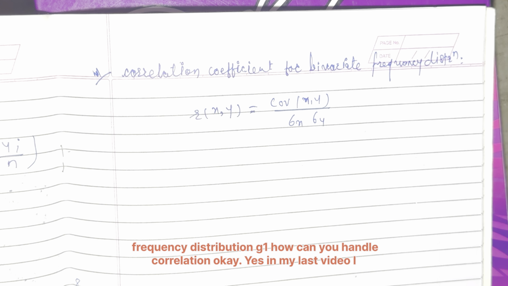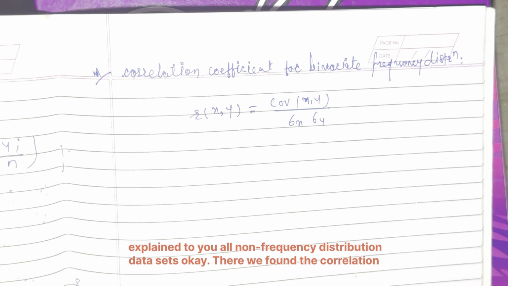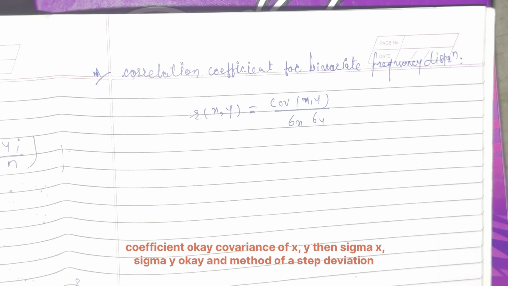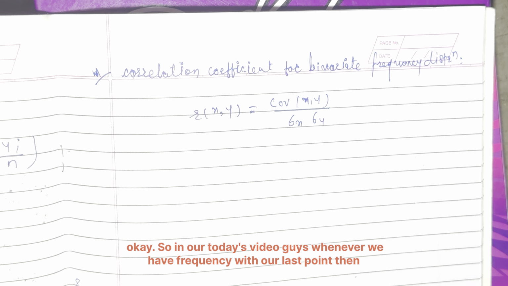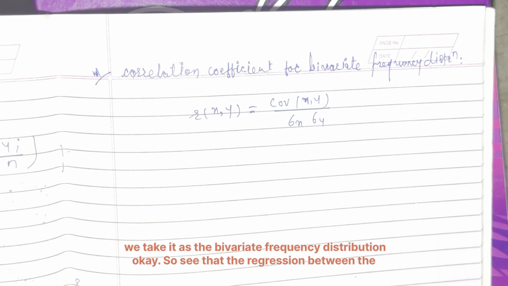In my last video I explained non-frequency distribution data sets. There we found the correlation coefficient, the covariance of xy, then sigma x and sigma y, and the step deviation method that we consider whenever the frequency table is absent, only normal data calculations. In today's video, whenever we have frequency, we take it as